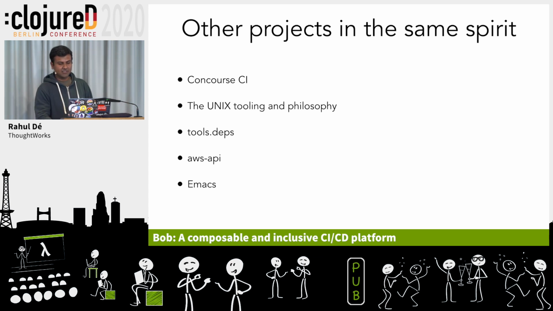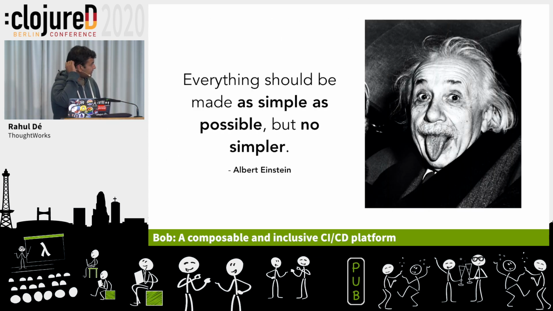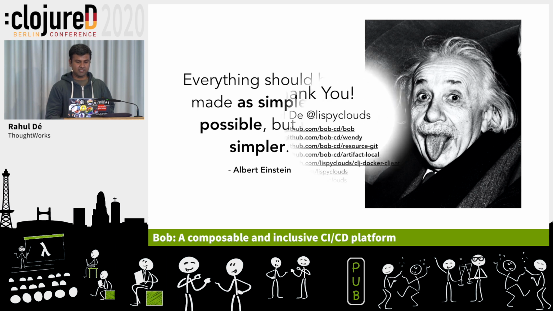So I want to conclude by saying that this thing from Albert Einstein, which I think really applies here, really applies to the whole domain of infrastructure in general. And we should be striving to make these things available everywhere, not just our code, not just our day-to-day things, but make things simple, but always try to find the line beyond which you shouldn't be making things even more simpler. So with simplicity comes responsibility as well. So to sum it up, that's what I had, and thank you for listening.